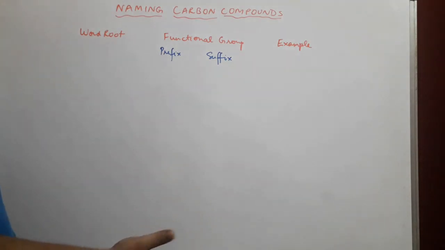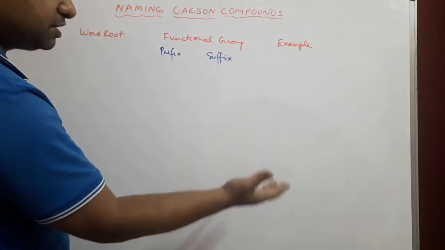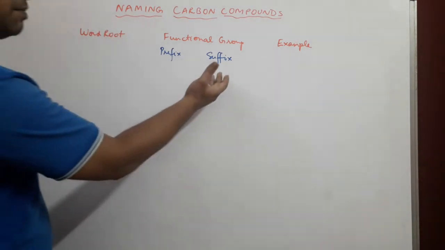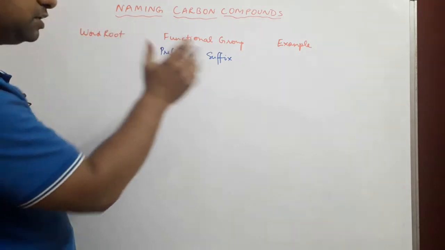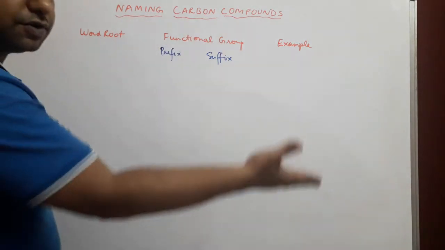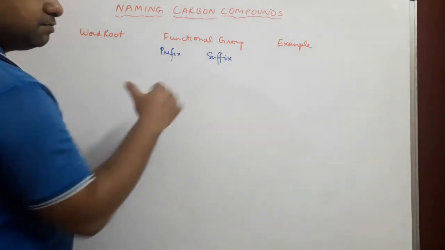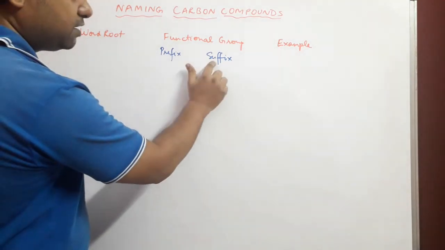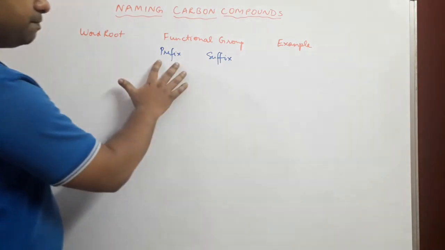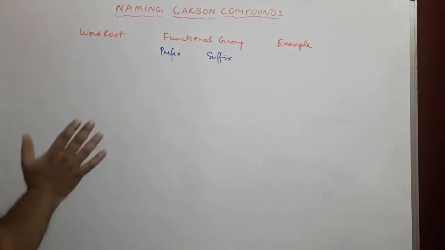Prime Minister Narendra Modi succeeded Prime Minister Manmohan Singh. So that means Prime Minister Narendra Modi came after or took over from Prime Minister Manmohan Singh. So that is what it is. Somebody taking over, so coming afterwards. So here suffix means it comes after the word root. Just giving an example, suffix and successor both start with SU, and prefix and prelims both start with PRE. So just a way to remember things.